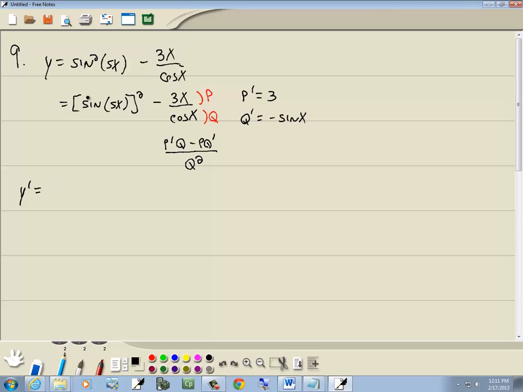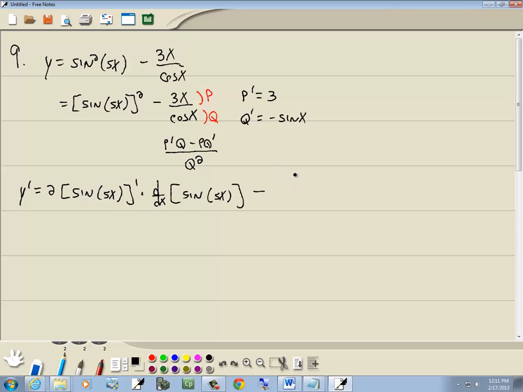Now here we got brackets to a power. This is a chain rule, general power rule. You got something to a power. Take a power, put it out in front. What's inside your brackets remains as is. Lower your power by 1, and then you multiply it times the derivative of what's inside a bracket, which is the sine 5x,